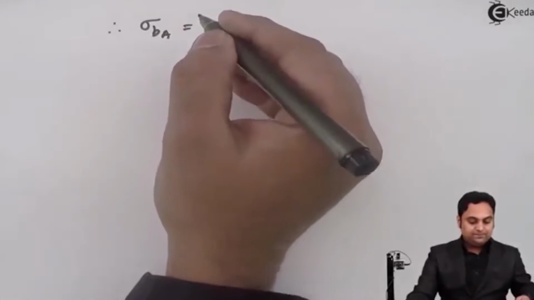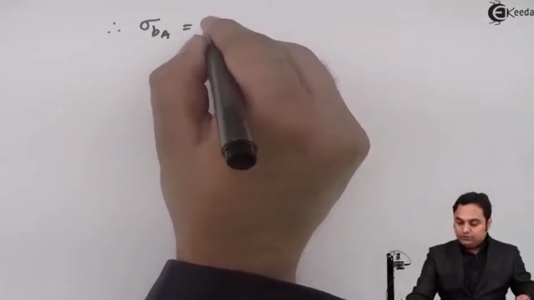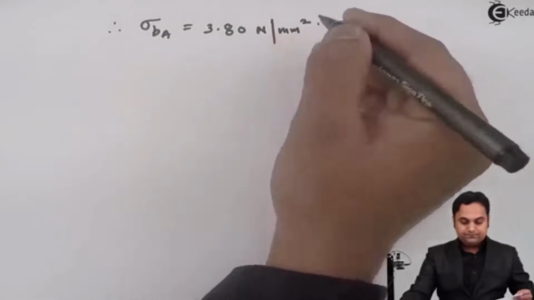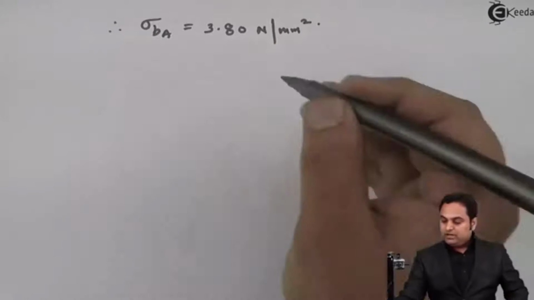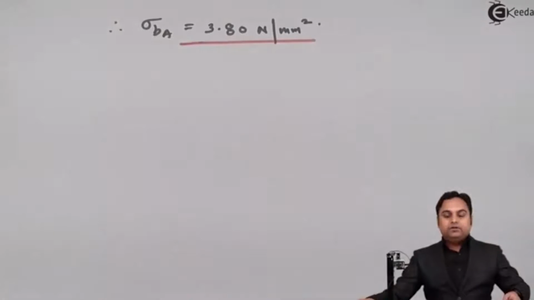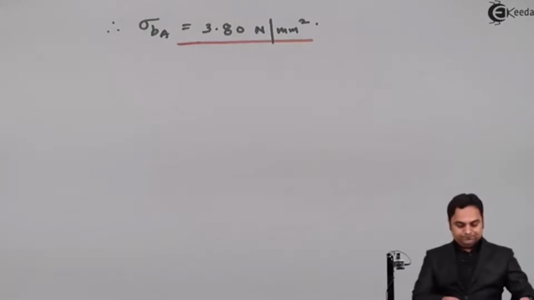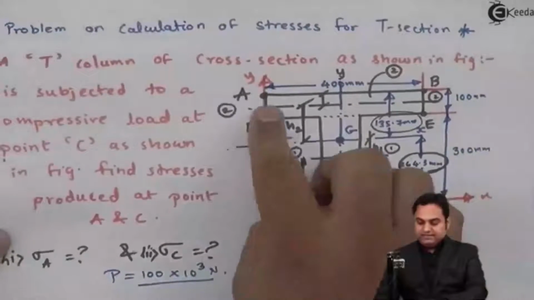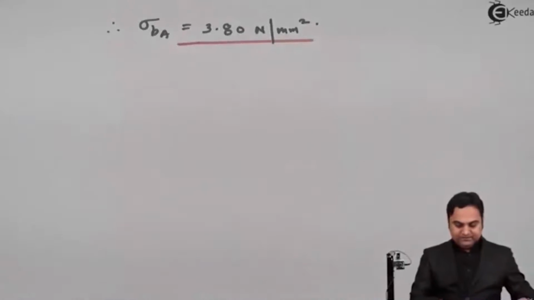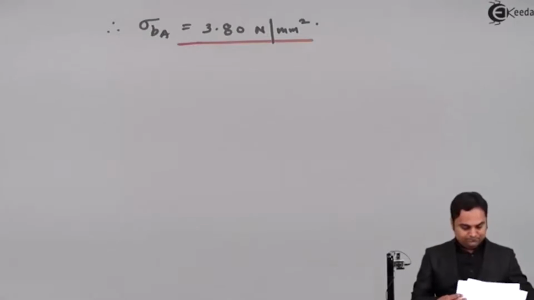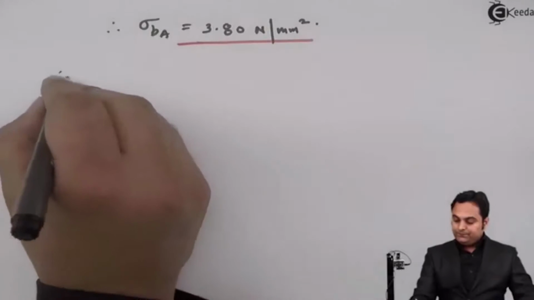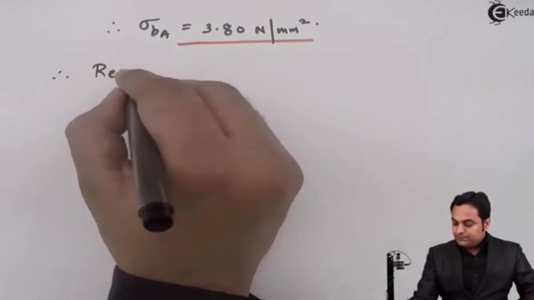So here I get the bending stress at A, and my answer is 3.80 Newton per mm square. Now, after getting this bending stress, we have found out the bending stress at A, and the direct stress we have also got. So after this, the resultant stress